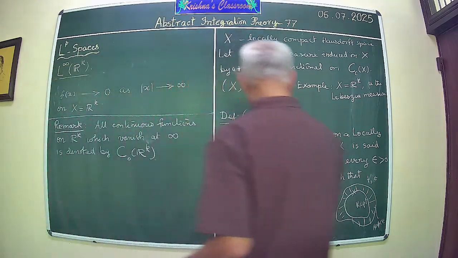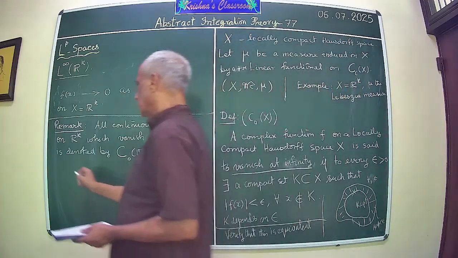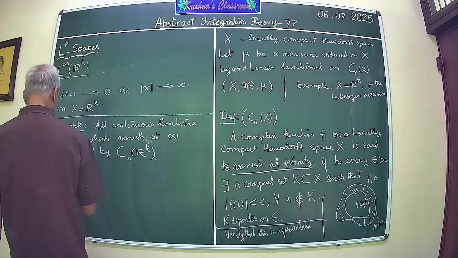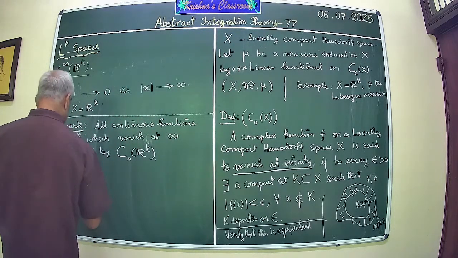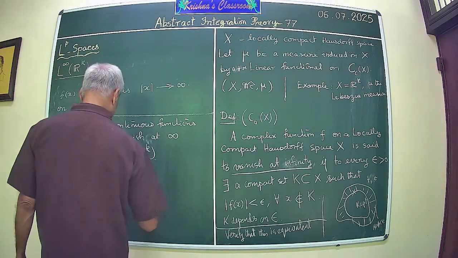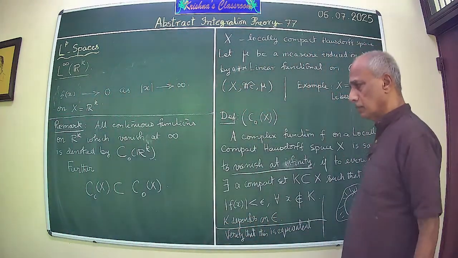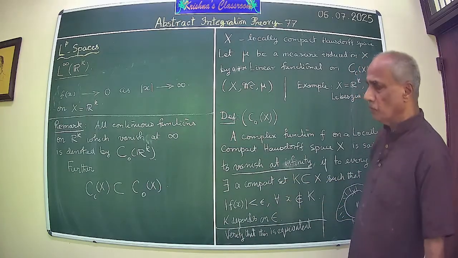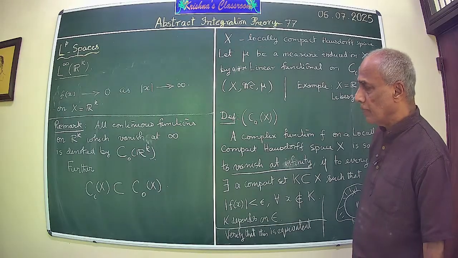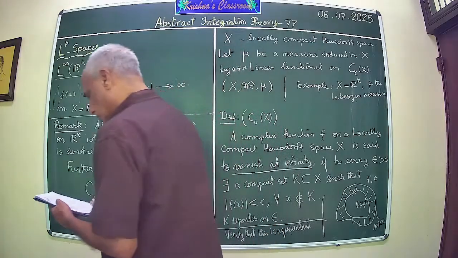And this collection we have already called C_c. So you see this is the equivalent of the earlier class of functions. Further, C_c(X) is a proper subset of C_0(X). Okay, then you can easily construct an example where an element of C_0(X) is not in C_c(X). In some cases they would be equal,